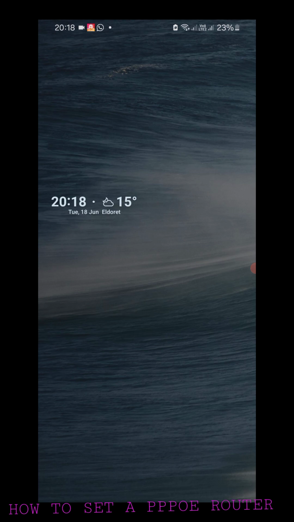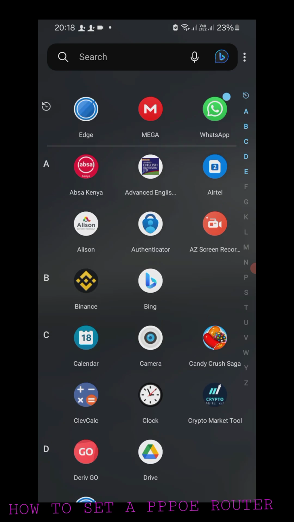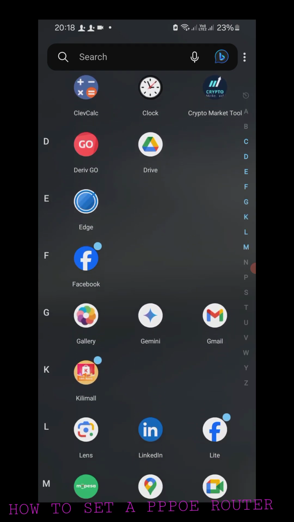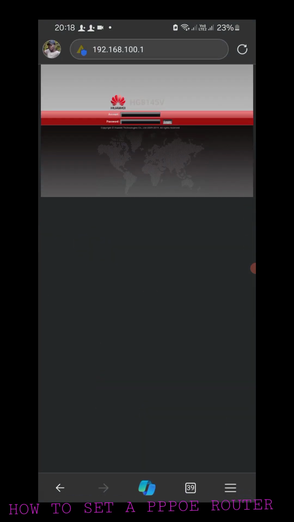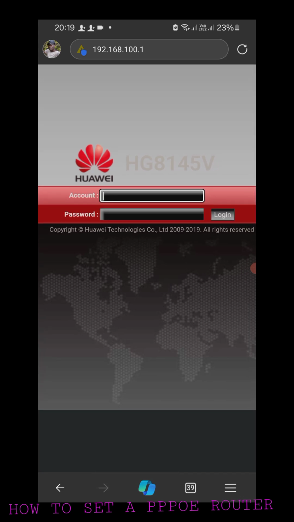to my phone here. I'm already connected to it. So next what I will do is I will head over to my favorite browser, which I use, called Edge by Microsoft. I'll head there, then I will insert the link, which is the IP address of the router, which is 192.168.100.1. Then I'll land on this page where I'm supposed to input some account info and password to log into